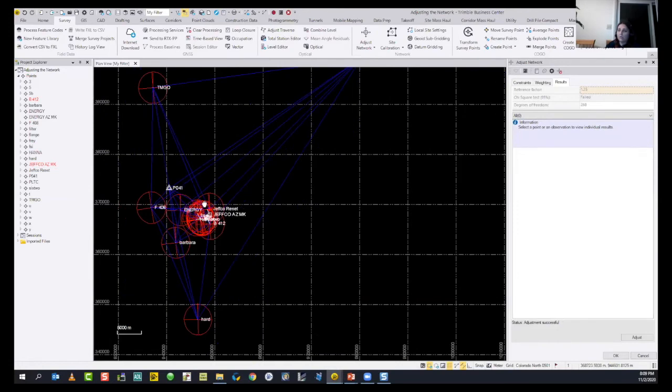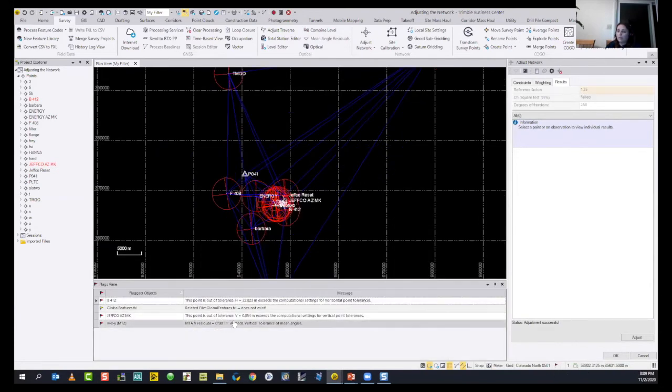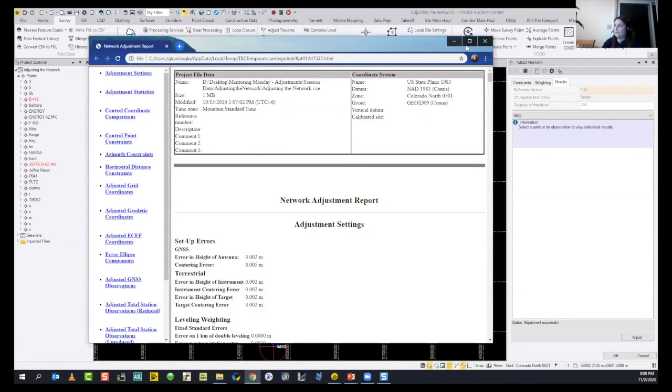So what am I going to do with it? I see some flags in here, 2 points. Probably these are computational. These are horizontal point tolerance exits. So what I can do is, after seeing the results, I can go to Network Adjustment Report. It's in HTML format.